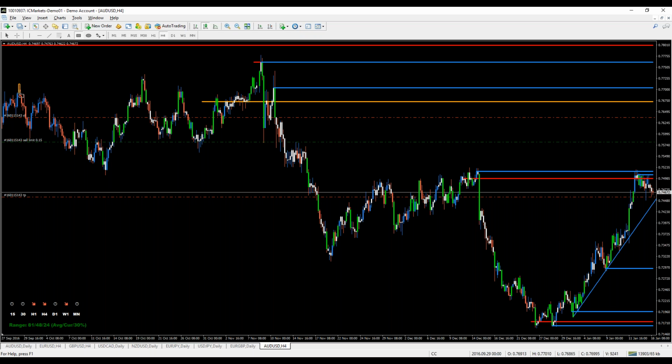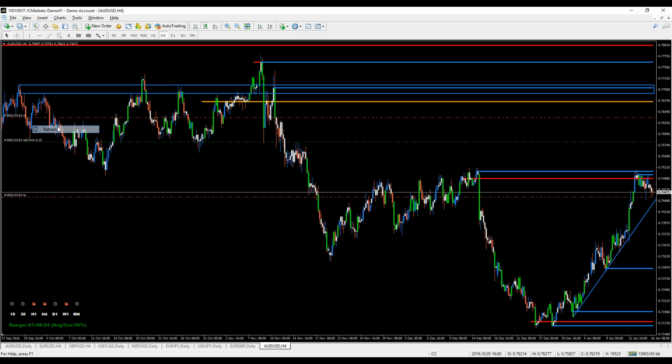So we have this area here, which is considered supply, because when price left, it managed to take out this, assuming that this is opposing supply at the top. Price came back, we tested it, and we moved down. And you can see the price managed to move through this. So you have to identify the area that did that. Well, we have a continuation pattern, which is here, and this one here is actually the one that's responsible for